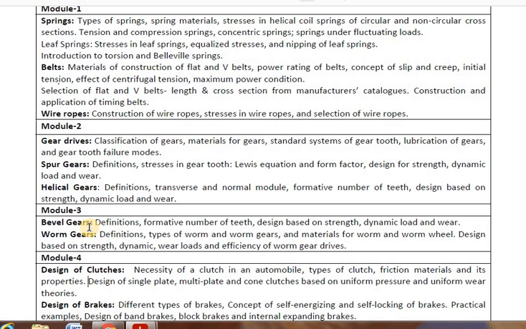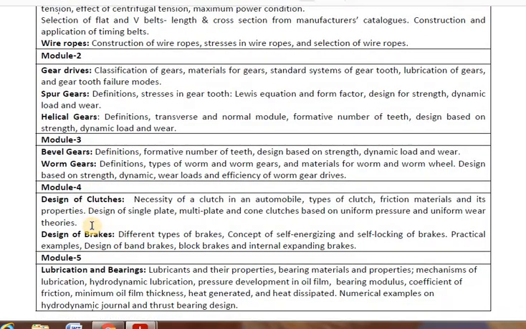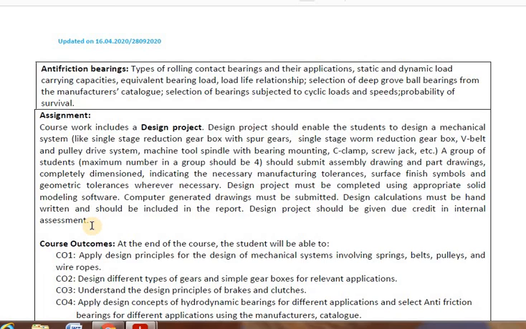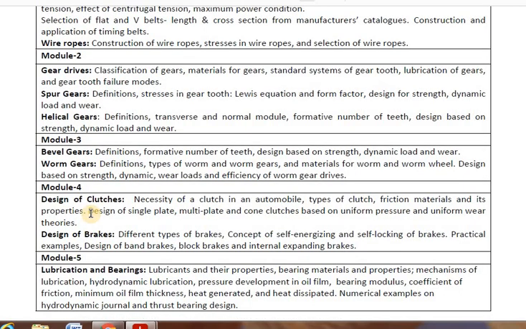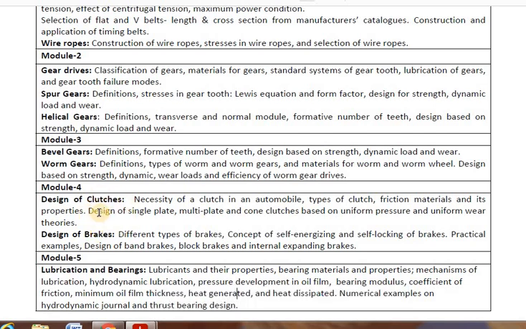Then when I go to module 4, you have totally different elements in module 4. Elements are like the design of the clutch and the design of the brakes. These are the elements which are used in automobiles. Okay. So you know clutches are engaged whenever you want to change the gear.